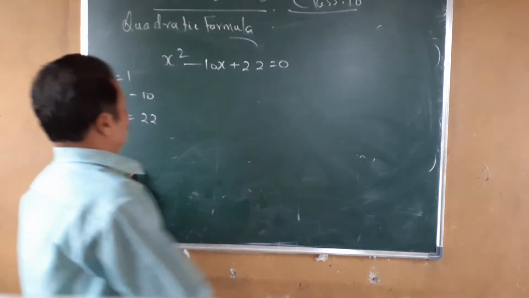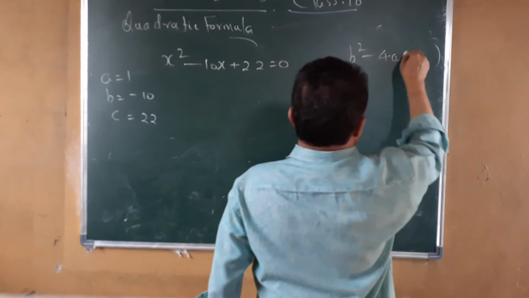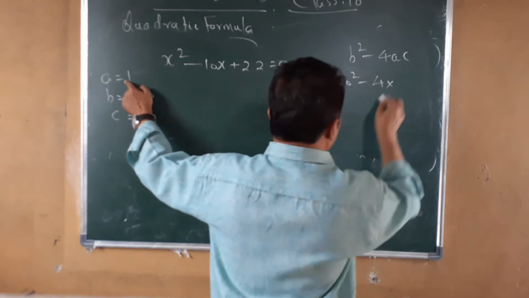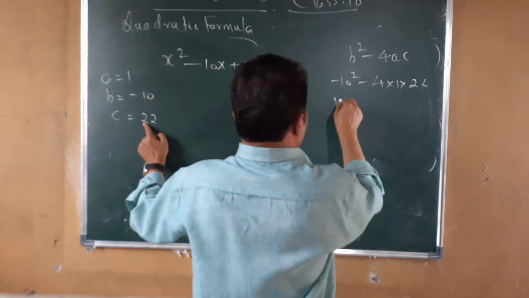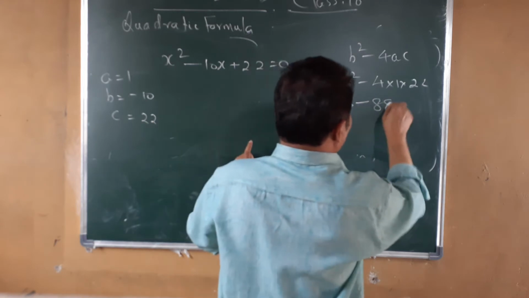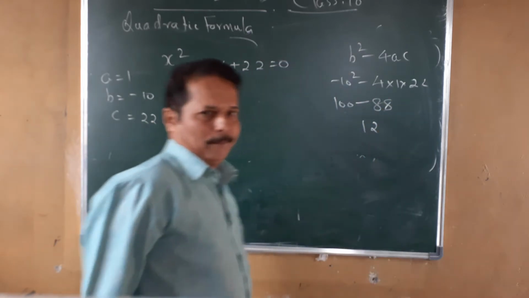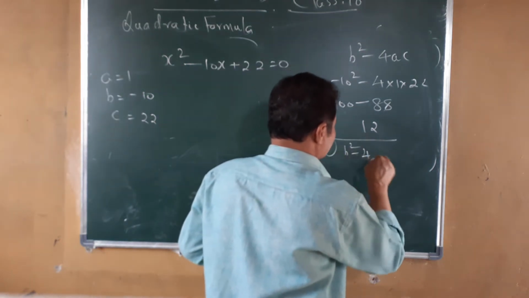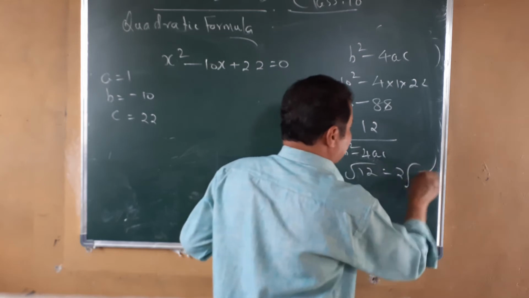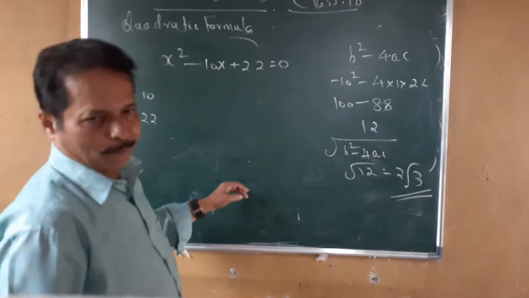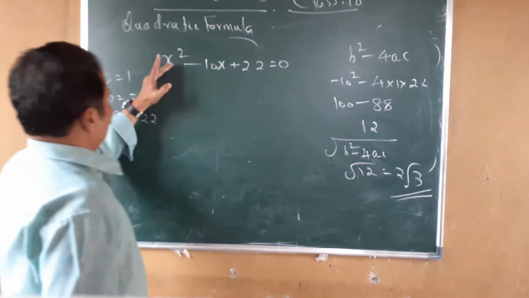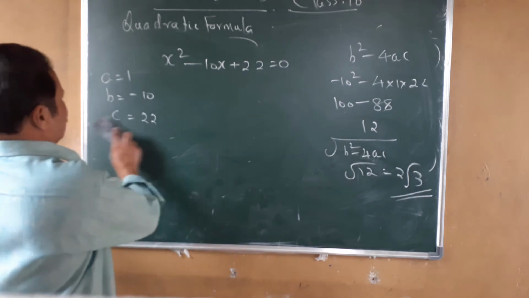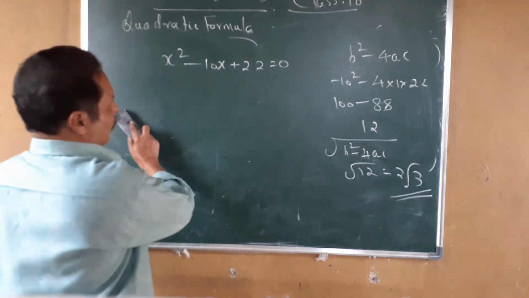So, you find b square minus 4ac first. That is the discriminant. Here it is minus 10 square minus 4 into 1 into 22. 10 square is 100. 4 into 22, 88. If you subtract it, you get 12. Okay. Now root b square minus 4ac is root 12. Then already you studied it is 2 root 3 in the previous problem. Is it clear? Now a equal to 1, b is equal to minus 10 and c equal to 22. Complete b square minus 4ac, you get 12. Are you ready to complete it?